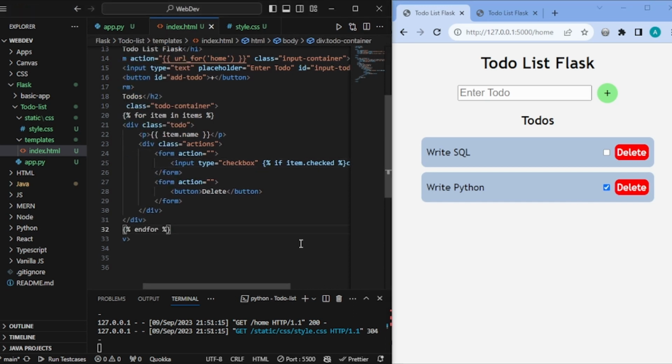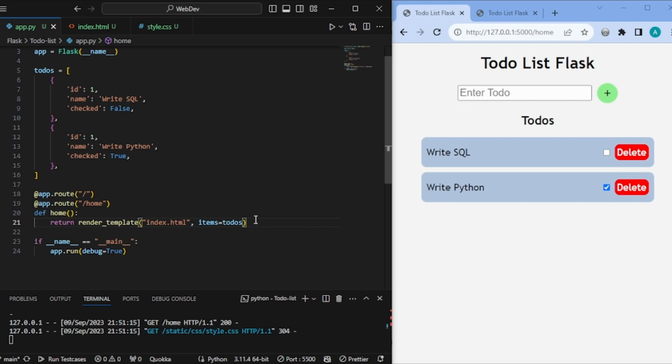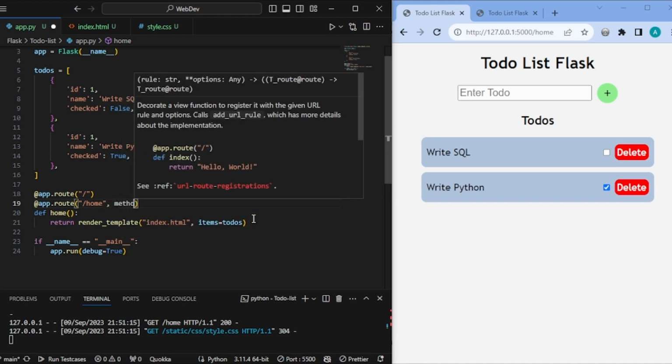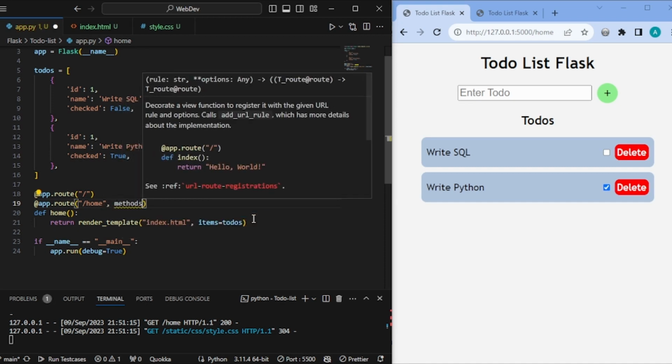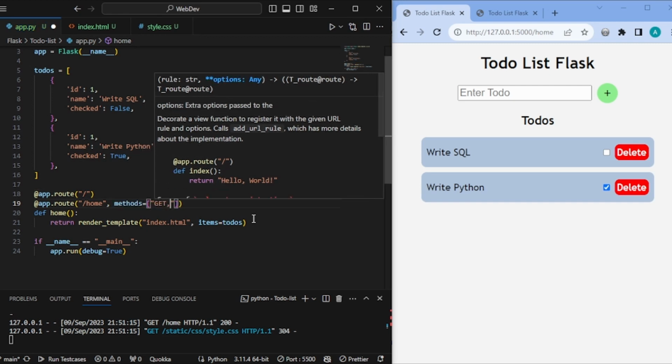Now let's try to add some functionalities to our Flask app. So first thing we want to do is, when we are clicking on this plus, we want to add one to-do. So now let's close this left section for some more space, and let me go back to my app.py file. And now inside our home, after this route home, we also want to add one more thing, and that is called methods. And what this will tell us is it will also accept this GET and POST method,